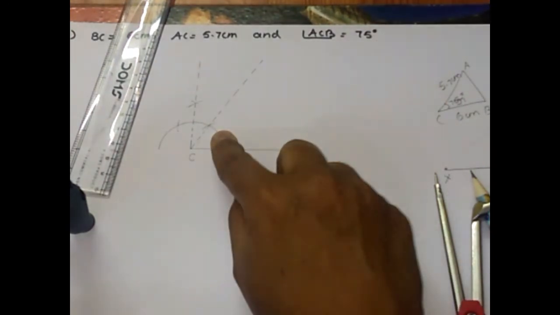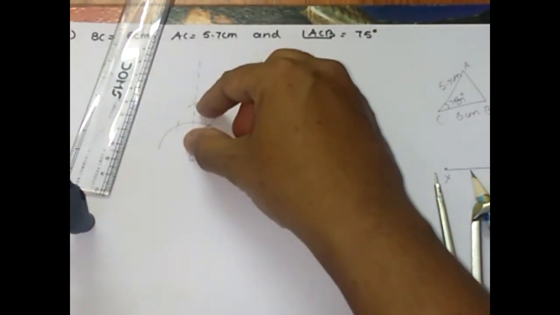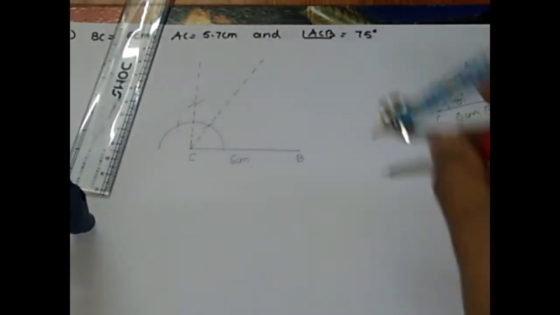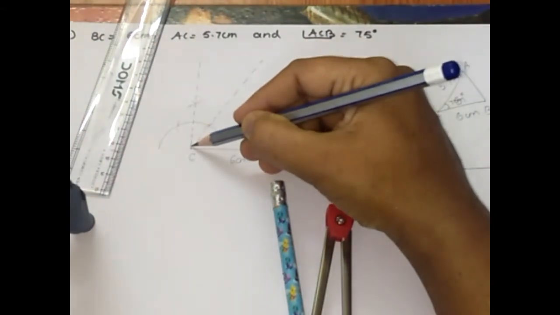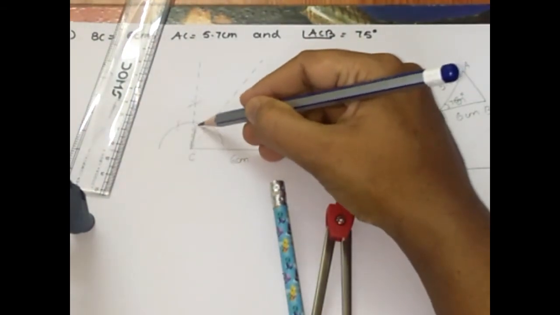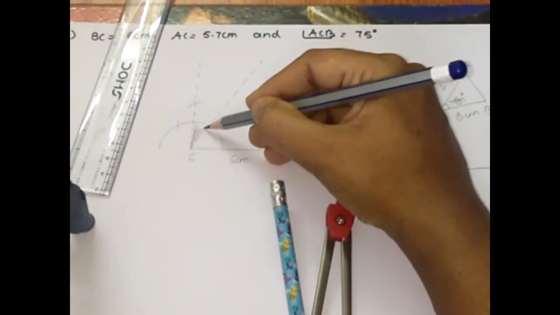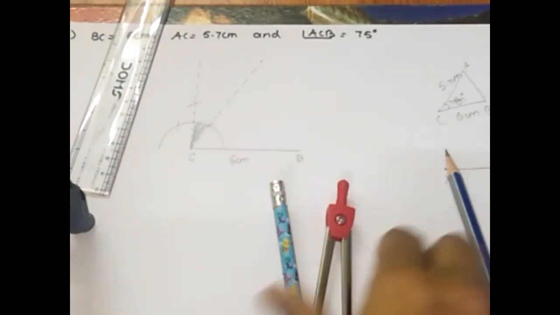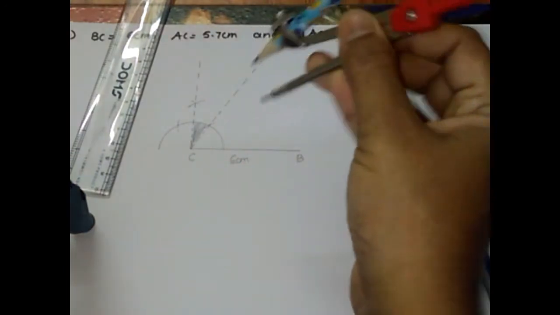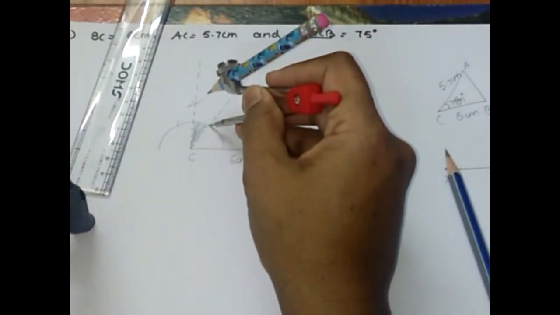Now the difference between 60 and 90 is 30. In that, this is my 30 degrees. I'll just shade this part. Please don't shade it in your classwork, I'm just showing it. See, this part is 30. In this 30, I'll bisect this angle to get 15 degrees.